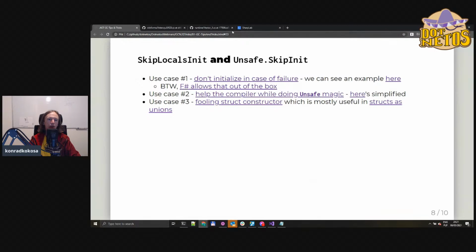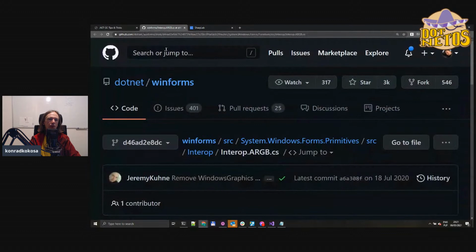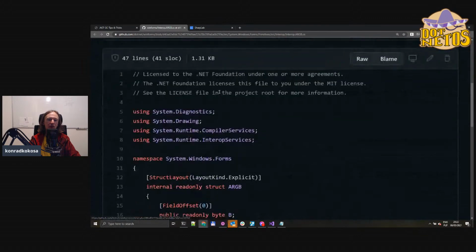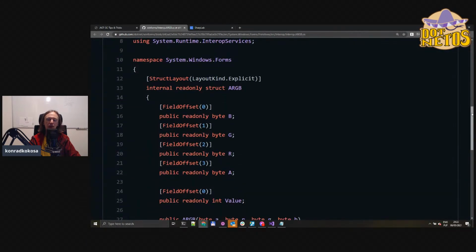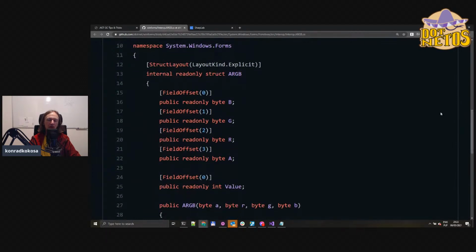So another example, in this case from the WinForms, rest in peace WinForms. No, WinForms are still used for sure, but from the WinForms repository, when we have a struct, which is a kind of discriminated union, or however you would like to call this, when you have a struct